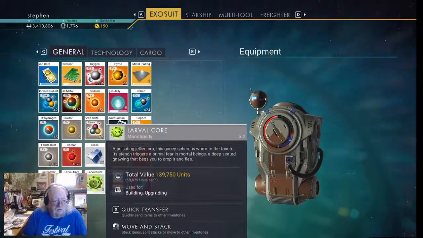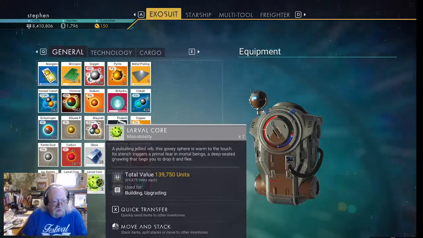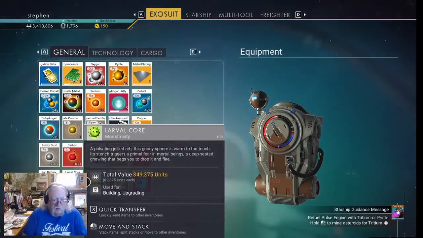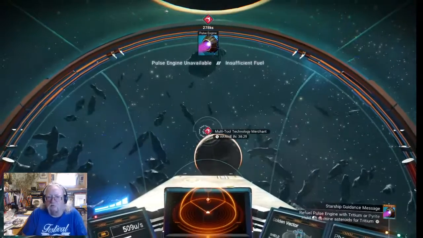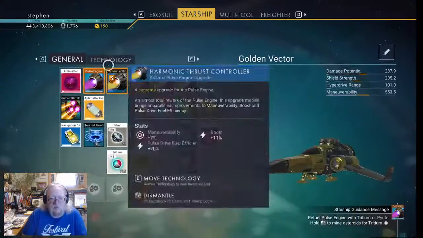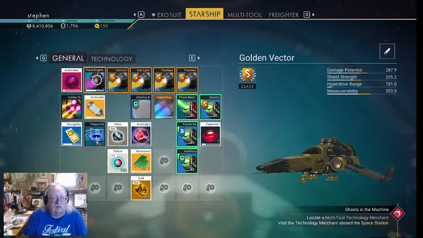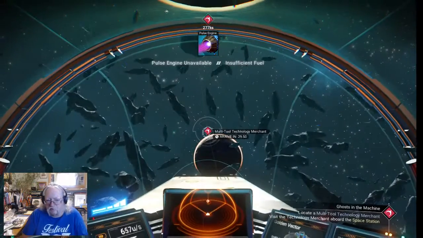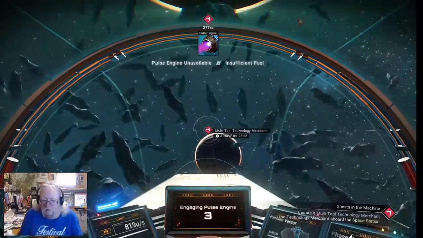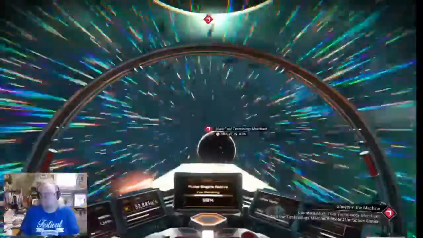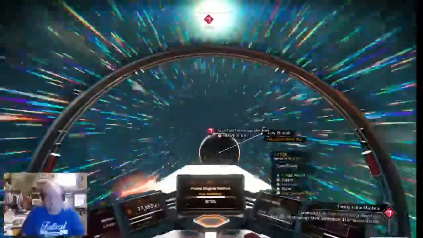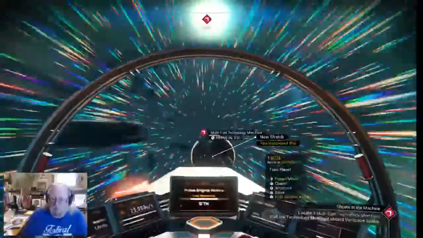I got 7 larval cores, so for a total of roughly 500,000 units. So, you know, pyrite also fuels the pulse engine. Hardly ever use it for anything, so